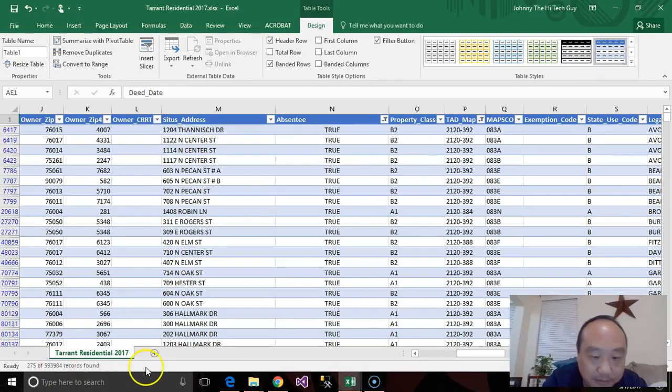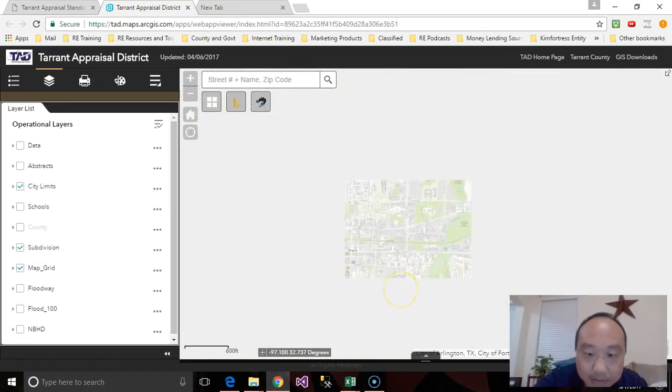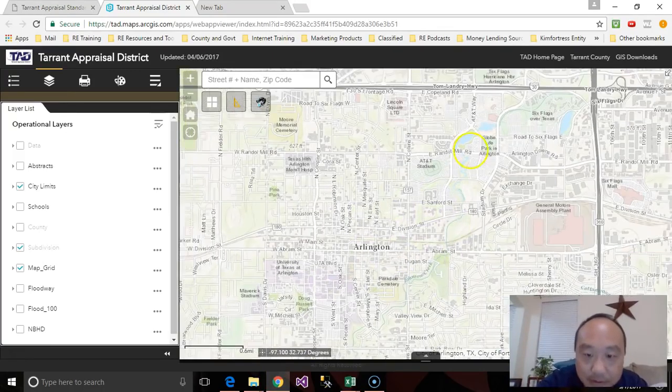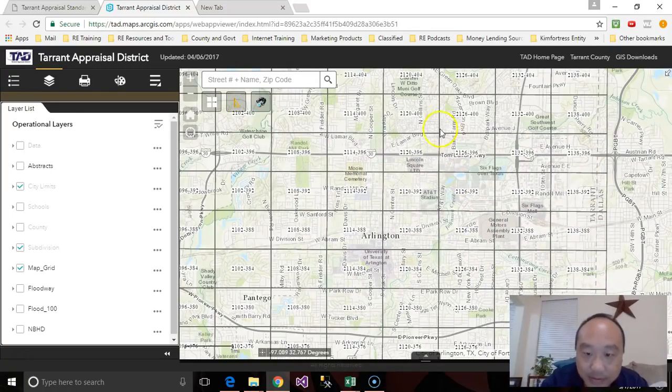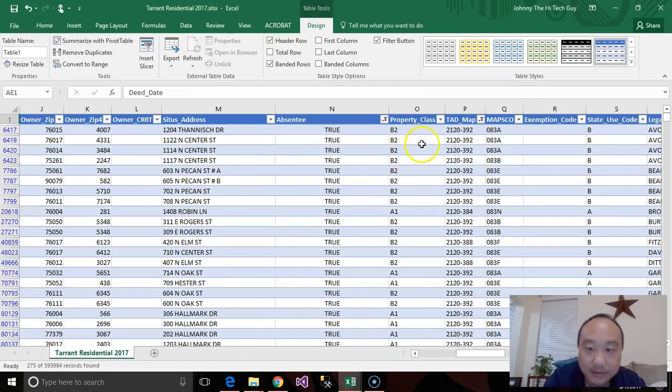All right, 275. So we added probably, I'm doing it real fast, but you can write these numbers down like I did. We probably got a good chunk of Arlington in those TAD map chunks there. So 275 records. That would be something that I would do if you got more money. You can spin that out. So you would save this file here,